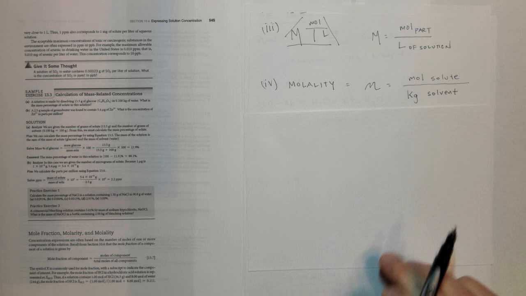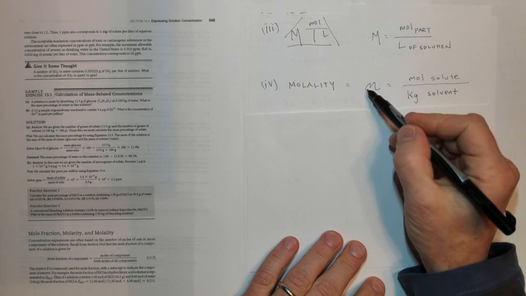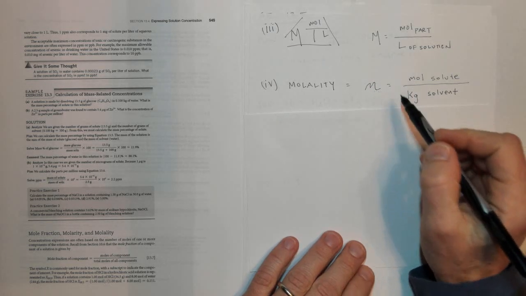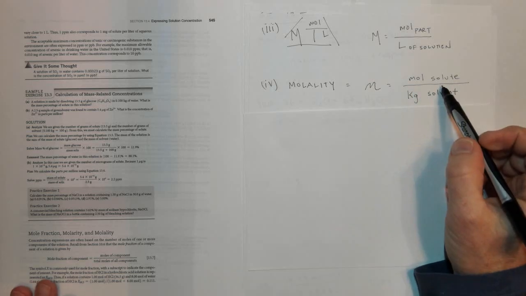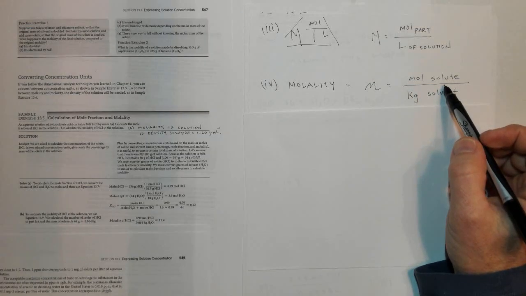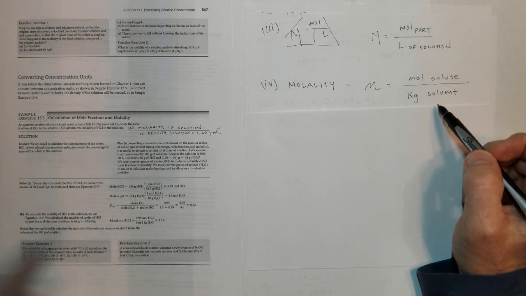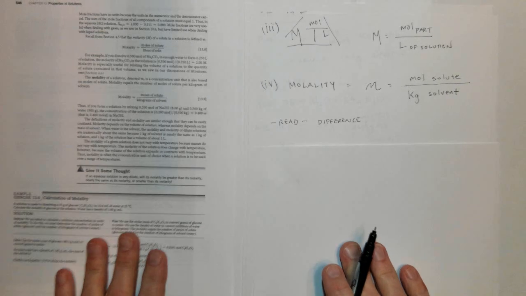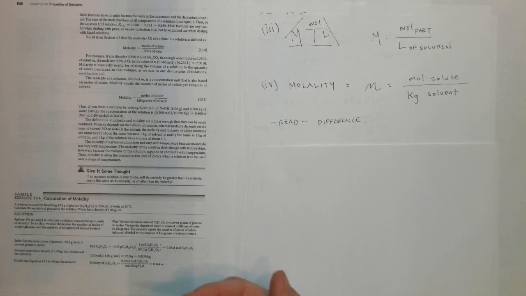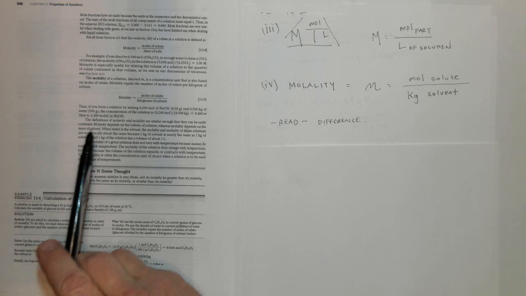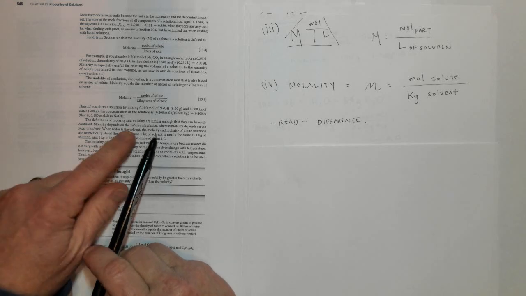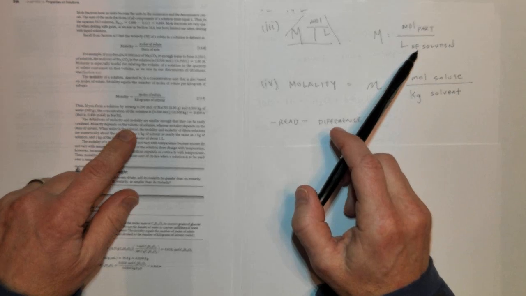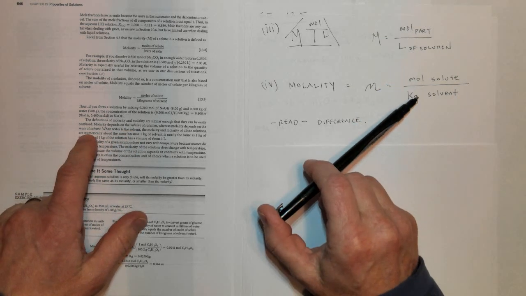The last one we'll look at is molality, and molality is symbolized by a script letter M, a small letter m, and that equals the moles of solute divided by the kilograms of solvent. The difference between molarity and molality is similar enough that they can easily be confused. So molarity depends on the volume of the solution, liters right here, whereas molality depends on the mass of the